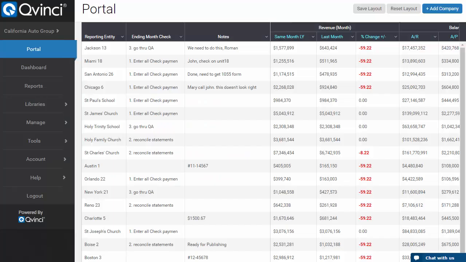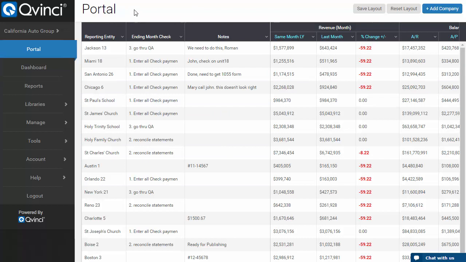What you're looking at is the Qvinci portal. The portal is a centralized location where you and all of your FTEs, your full-time equivalents, your staff members at the corporate layer, the franchise, the central office, the diocese, can collaborate across all the remote entities in the system. The remote units, the franchisees or the parishes, the schools, those sorts of things, don't log in and look at the portal. This is strictly a corporate layer type solution.